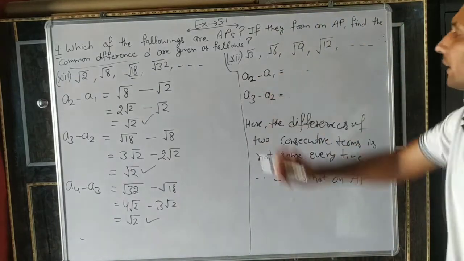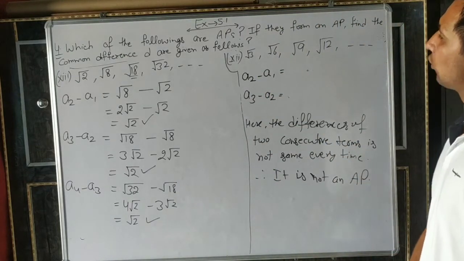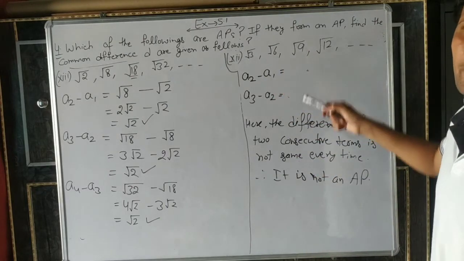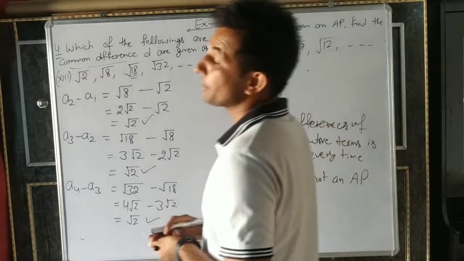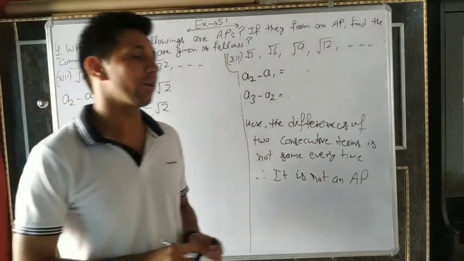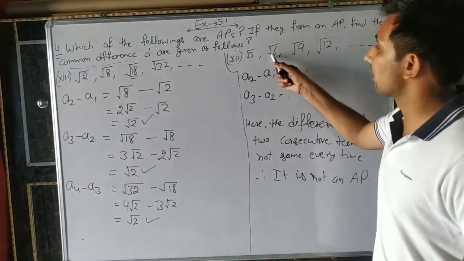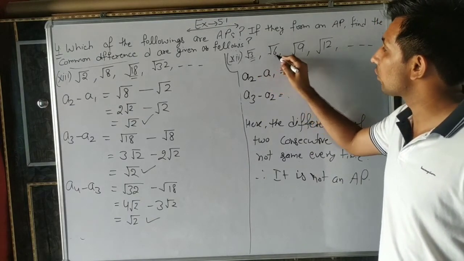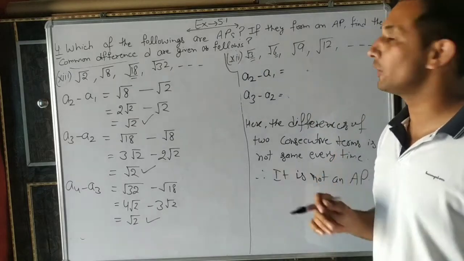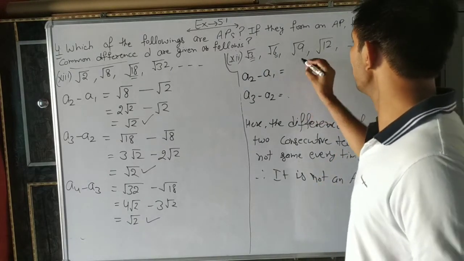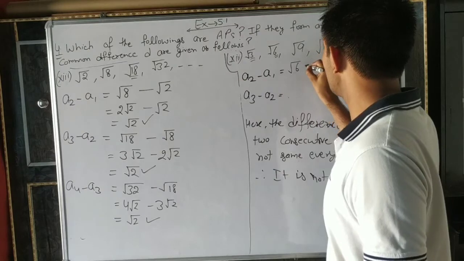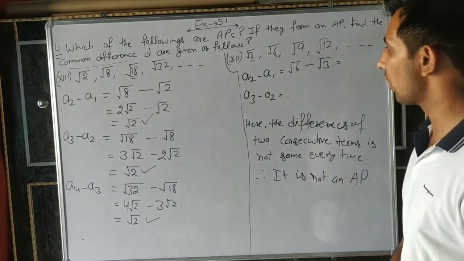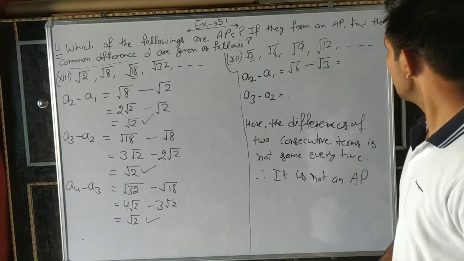Now the 12th part. Root 3, root 6, root 9, root 12. 3 plus 3 is 6, plus 3 is 9, plus 3 is 12. You are saying, sir, it is an AP, but it is not an AP. Look here, because its power is 1 upon 2, the power is also 1 by 2, but the constants are different, or variable you can say that. Okay. A2, root 6 minus root 3. Can we subtract them? No.